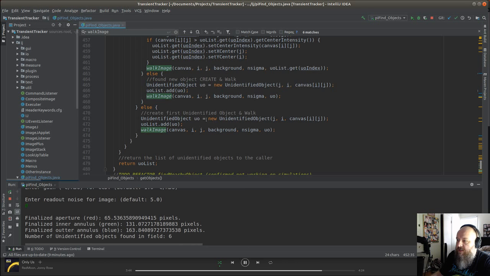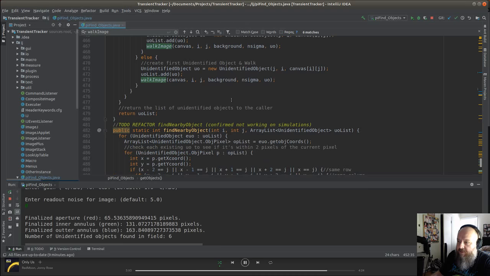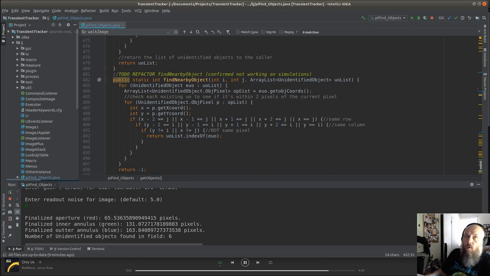And then here, if it is empty, it creates another object as well. Now, the find nearby objects method is what I wanted to show you. What it does is it takes this pixel that it finds, and it makes sure that it's not within 2 pixels of the same row or same column of an already existing object. So it scans all the